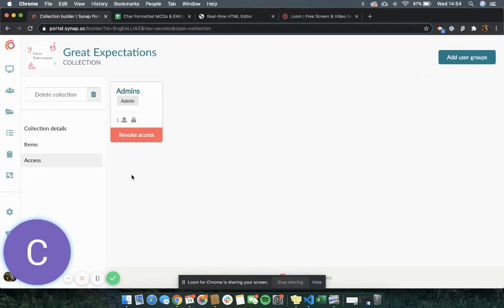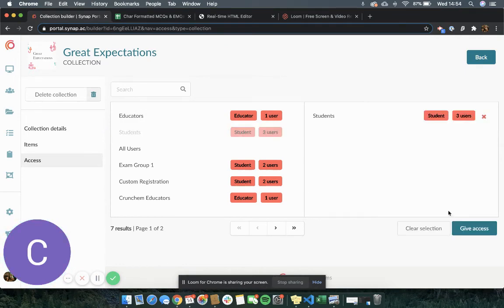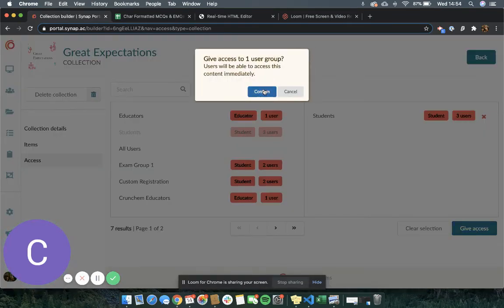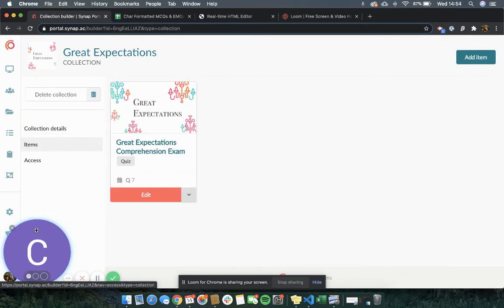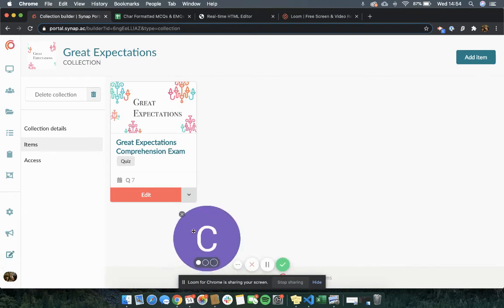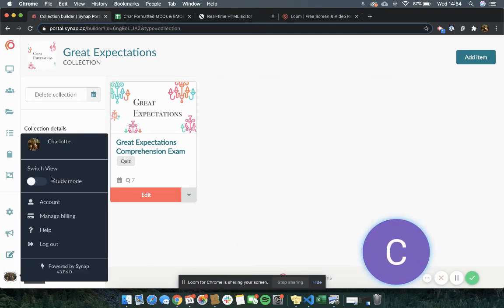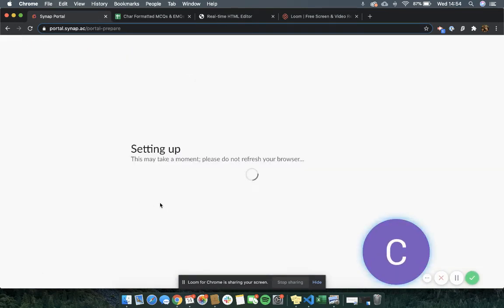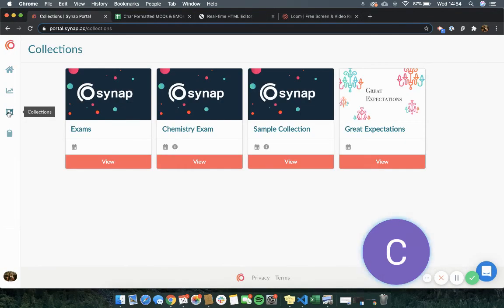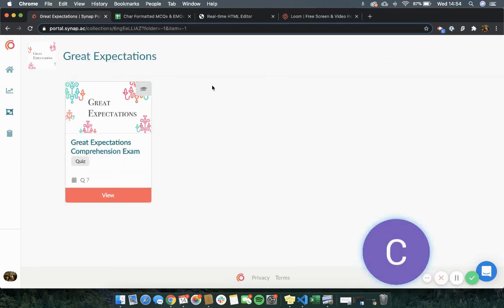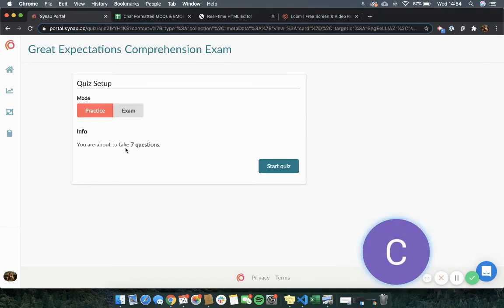I'm logged in as an admin now, so I can check everything here that has access. If I want to add in another user group, let's say I want all the students to have access to this as well, I can just do it like this. Okay, awesome. Now if I flick over into study mode, I should be able to navigate to collections, my Great Expectations one, click on there, take it in exam mode,